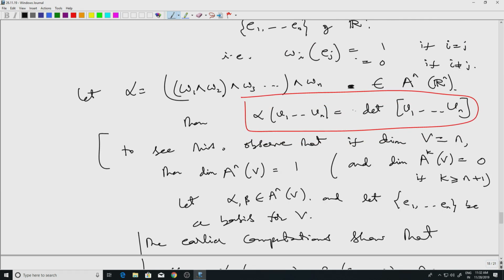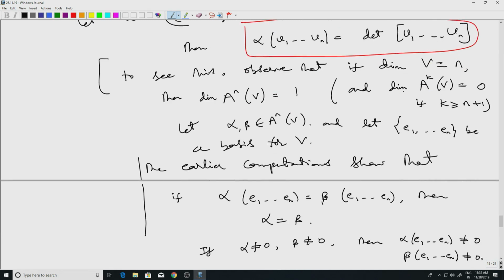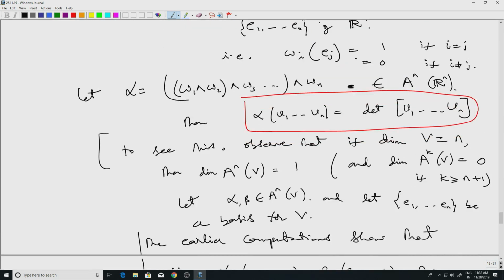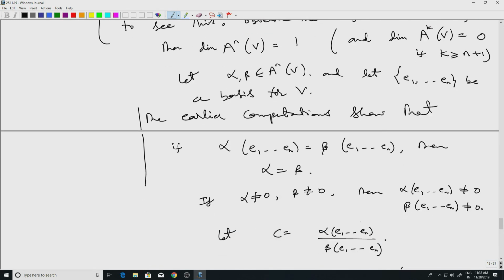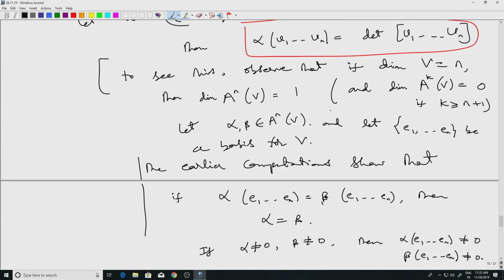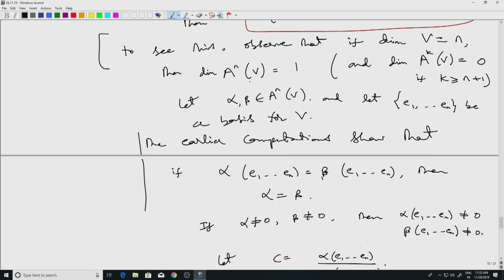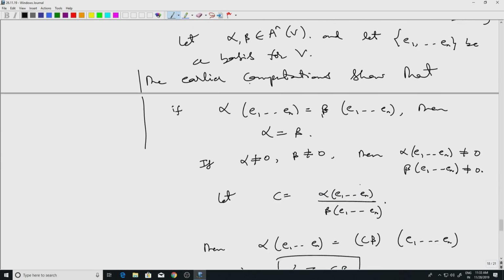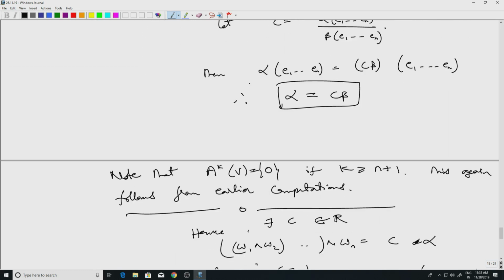Well, so in order to prove that this is the determinant, first we made a general observation that if we have an n-dimensional vector space, then the space of n forms has dimension 1. So in other words, any two n forms are just scalar multiples of each other. And having proved this,